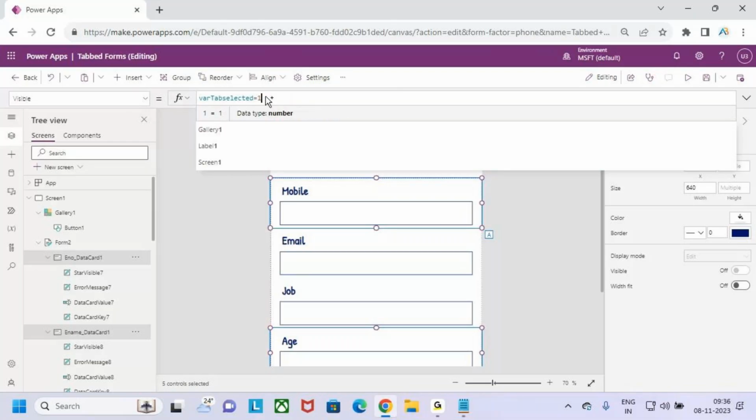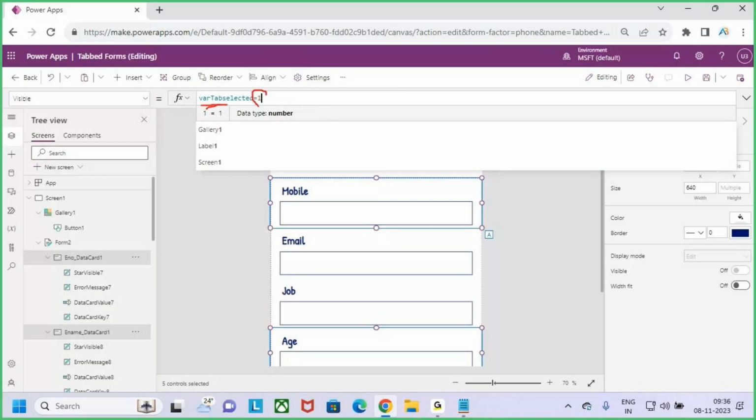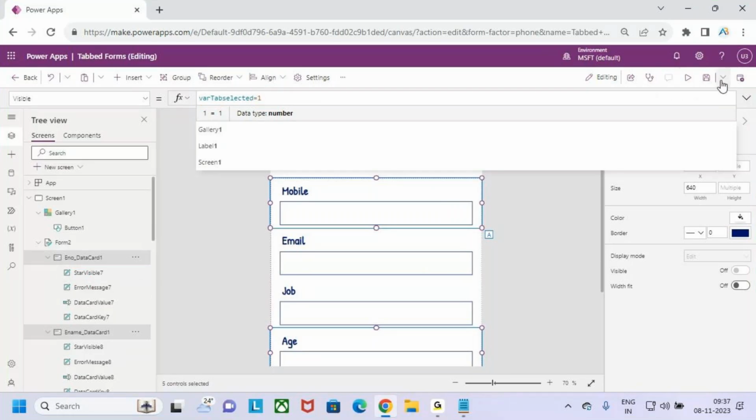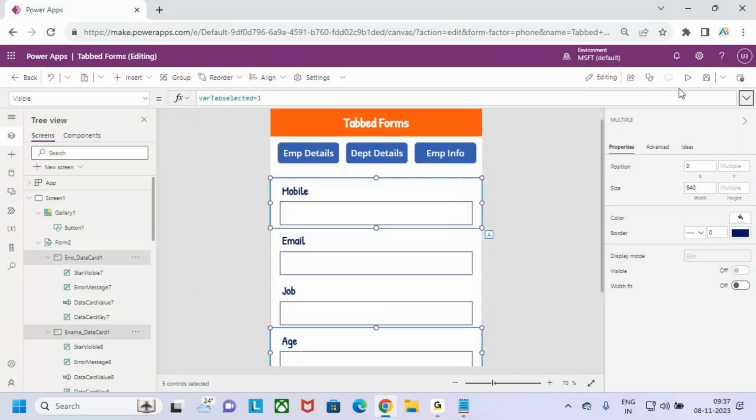If this variable is holding the value as 1, then go and display whatever the data cards I selected. And also, next, if you see, guys, before going to perform the next thing, if you go and play the app now,